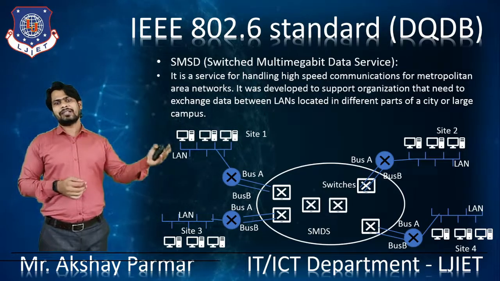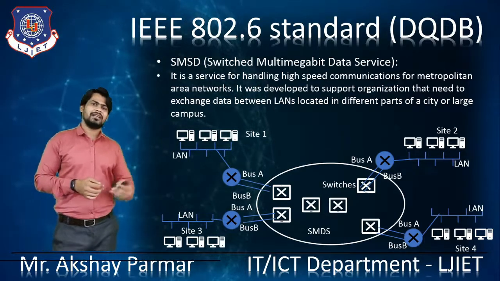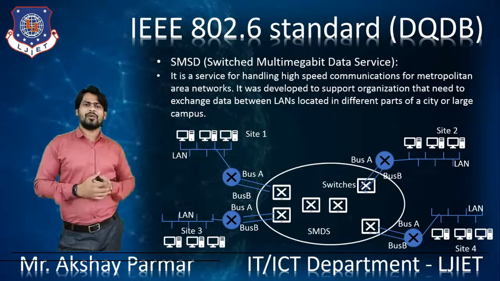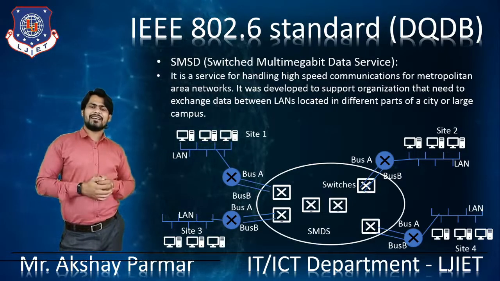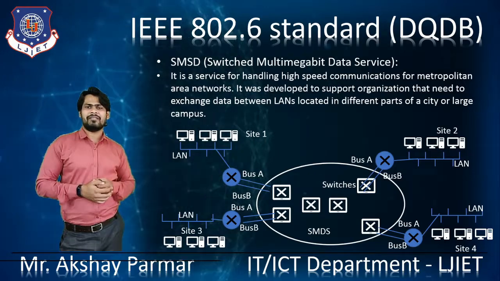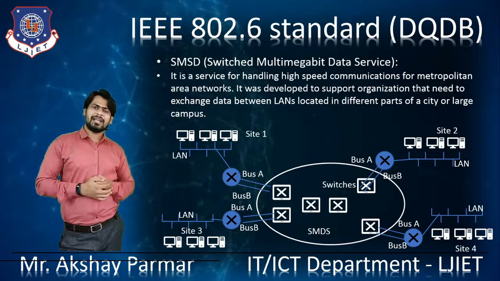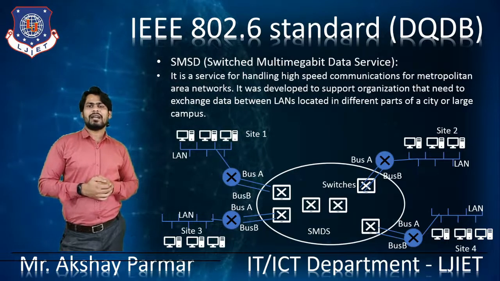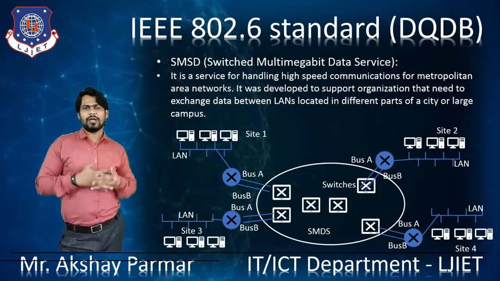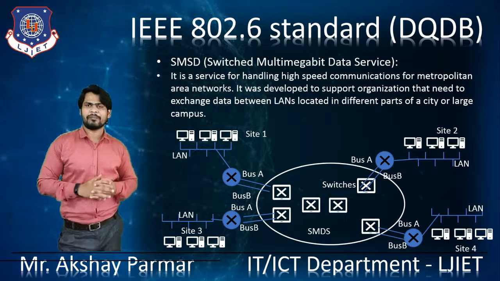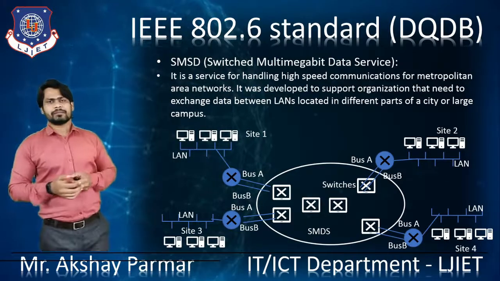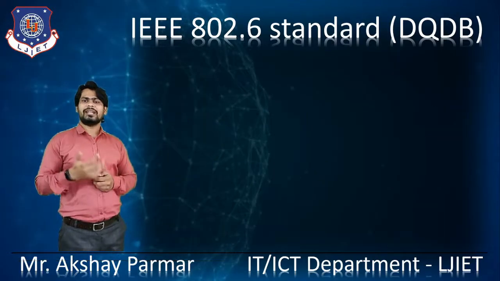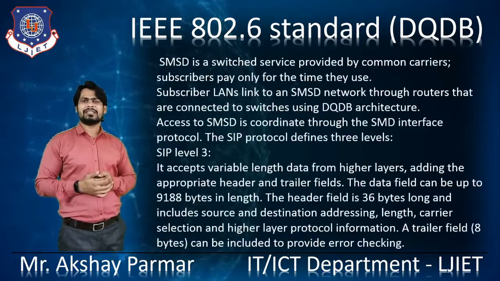So this is the LAN of site 1, this is the LAN of site 3, this is the LAN of site 2, this is the LAN of site 4, right? Those LANs are connected with the routers inside, right? And those routers are connected with the switches, right? That's how they are connected, LAN and WAN together with the help of the router, right? In the WAN, the switches are used, right? So let's discuss in brief about its architecture, right?